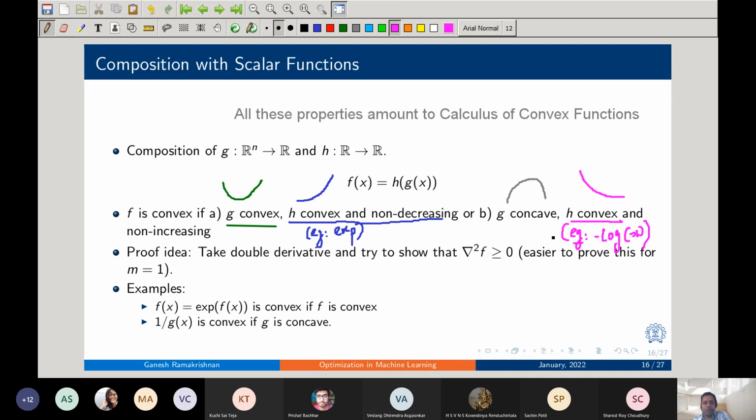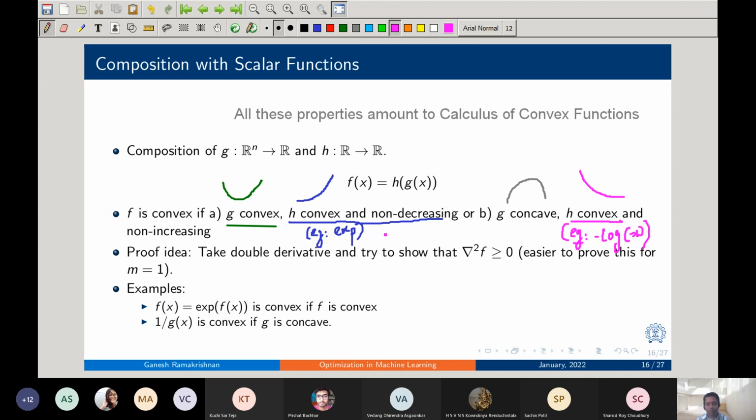So under these two conditions, H is non-increasing and convex, and G is concave, or G is convex and H is convex and non-decreasing, like exp. Then the composition F can be shown to be convex. Right? In some cases, if your functions are differentiable, you can go back to first order or second order